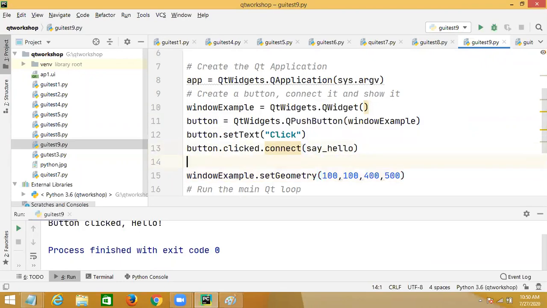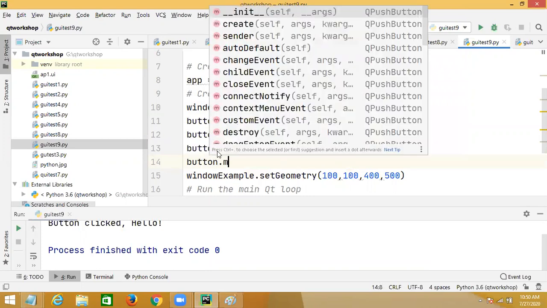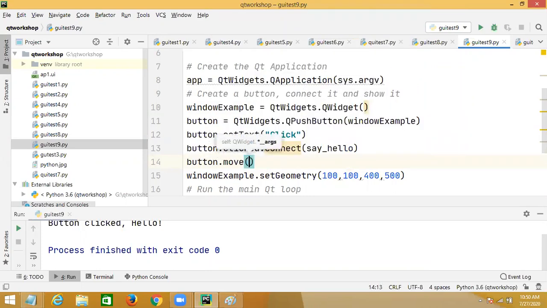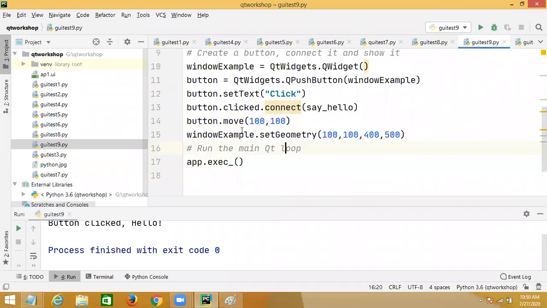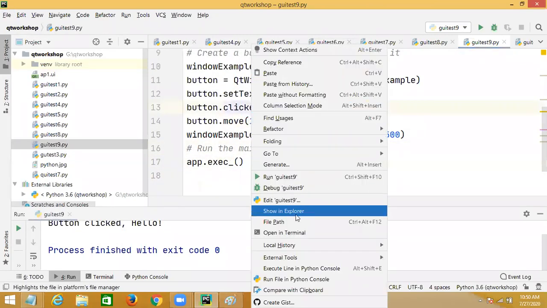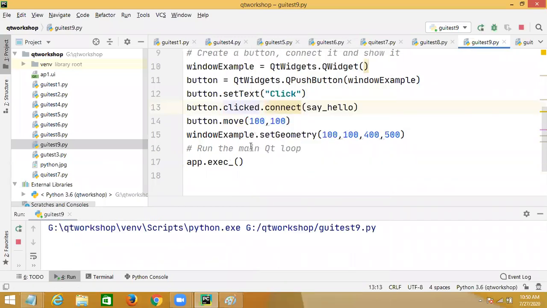So button dot move. I give the position 100 comma 100, right? Yes, this is running the loop. I just run this. Now you can see the window, window example dot show.